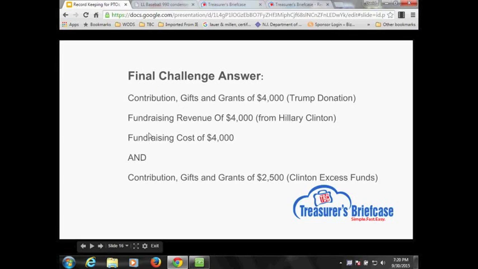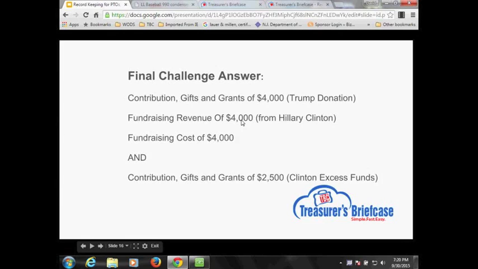Well, the reality is we have a couple things going on. First of all, Donald Trump made a contribution. It happened to be a non-cash contribution, but it was still a contribution. So from a record-keeping standpoint, that contribution would have to be recorded. We also had a fundraising revenue. We